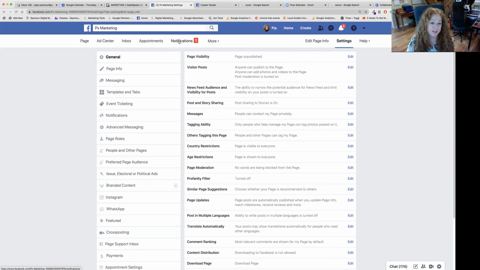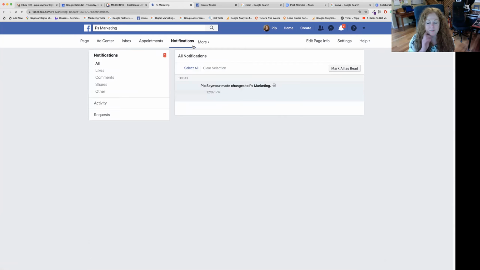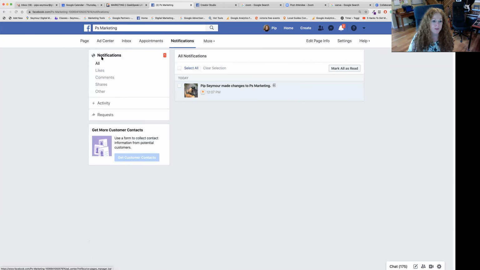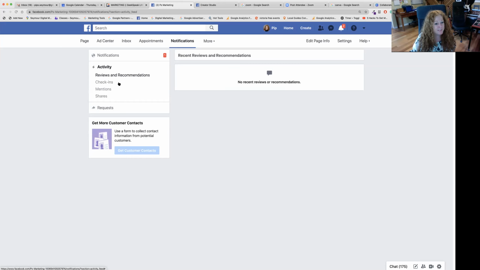So notifications, this will be like if somebody likes your page, you'll see if people who liked your page, who's commented, who shared other activity. You get mentions in activity, check-ins, and shares. So stuff, you know, if your pages are just regular pages, you don't see much of this. You can, if you've added your page to groups to share information. So any sales groups in your community,